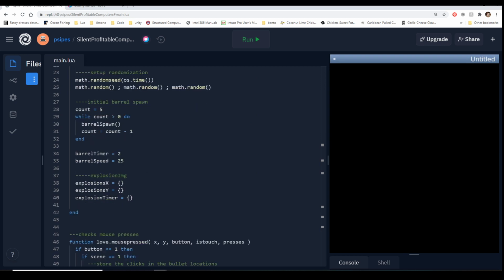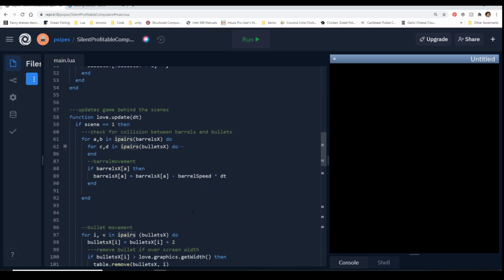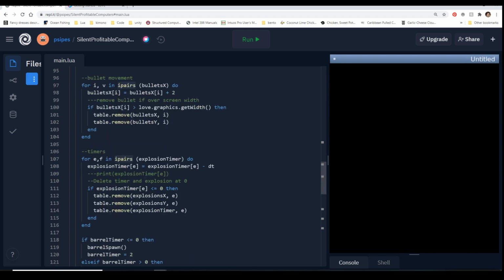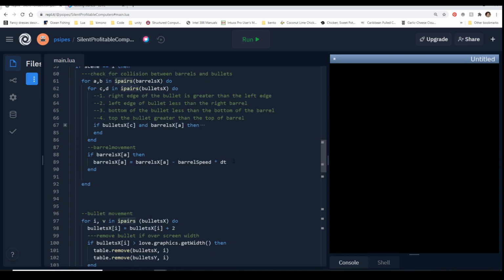We have to think about how we want to do this. And we can do it where we have our movement. So barrel movement. This idea of, hey, move the barrel. And remember, we've got all this extra code here. And we can check it in this same area.